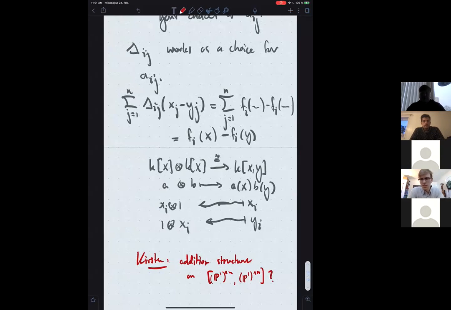Yeah, great. Are there any other questions? I guess I have a question. So if you were to just look at a map from P1 to P1, there are these ways of expressing the degree as a sum of local degrees, but you're missing some information of the actual homotopy class, right? There's some extra unit you have to remember. Is there some way of figuring that out in terms of the local degrees or something? Is there any good way to do that?